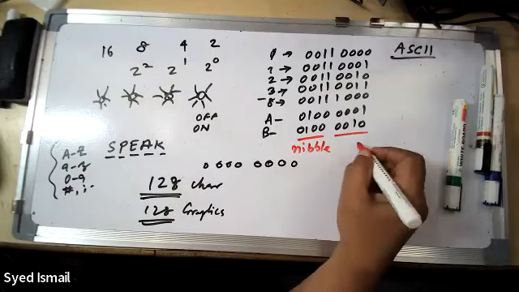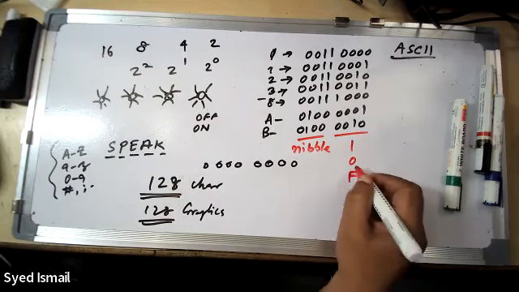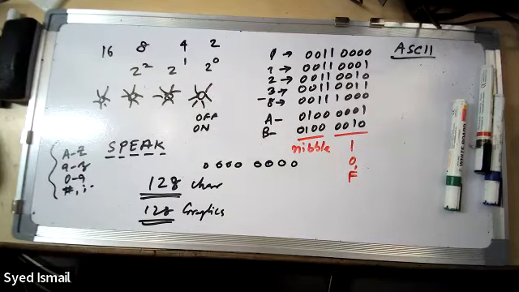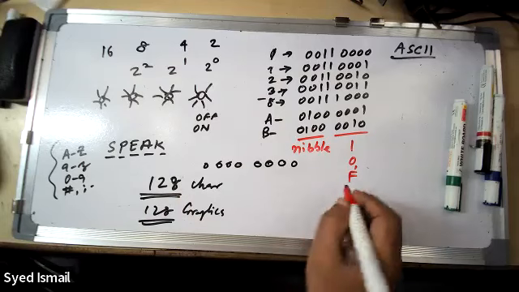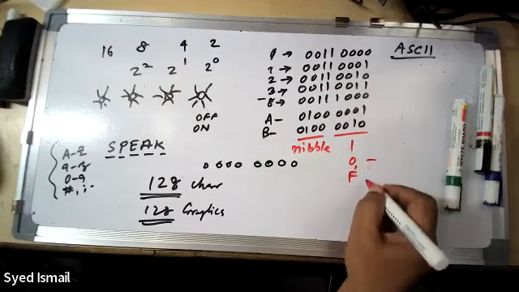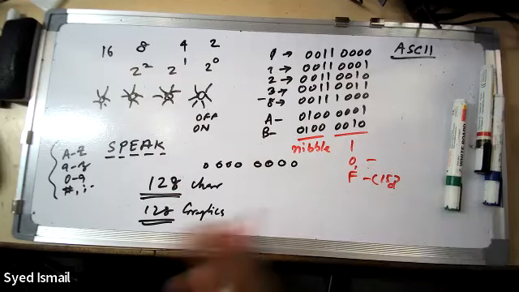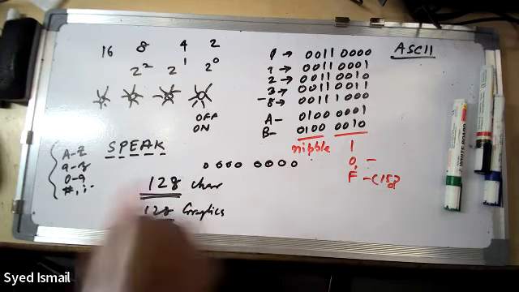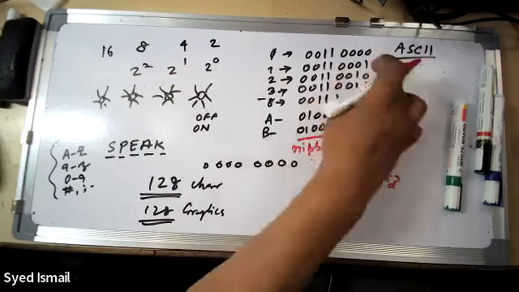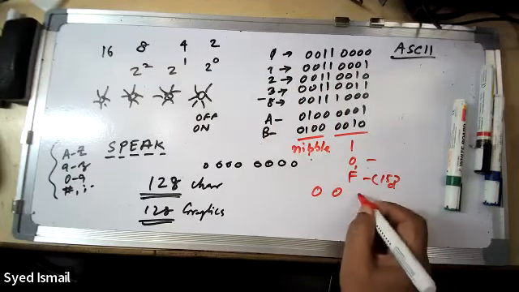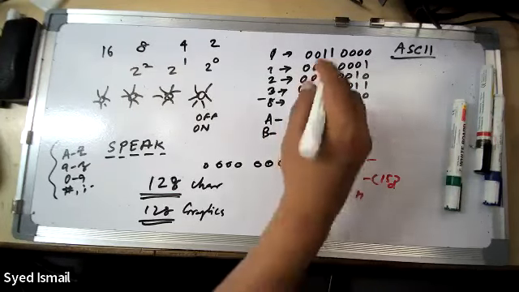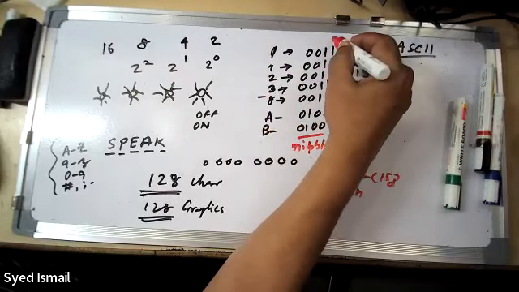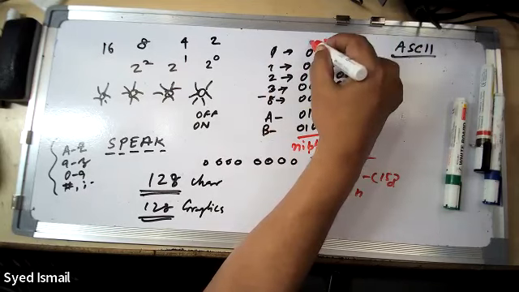16 possibilities means I can represent it from 0 to F. We already saw this before: 0, 1, 2, 3, up to 9, and then A, B, C, D, E, F. F is equal to 15. From 0 to 15, F is actually 15 in decimal, what we normally use. Afterwards, again 0 will come. So instead of so many zeros and ones, I can represent it in what I will call hexadecimal. Or, for example, this one I will write as: this is 1, this is 2, this is 4, this is 8.